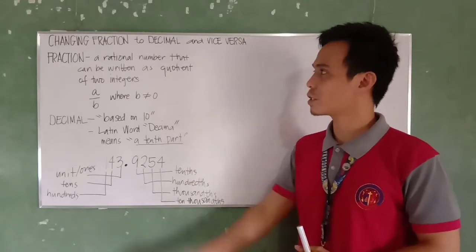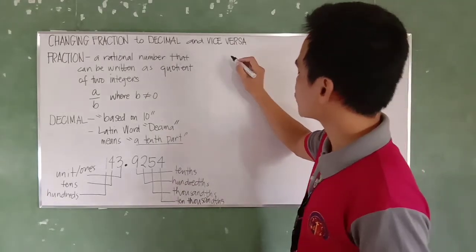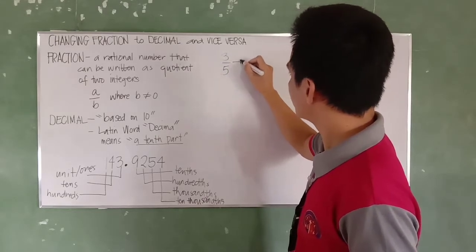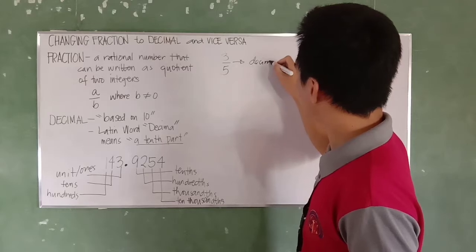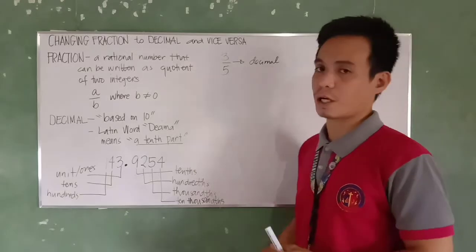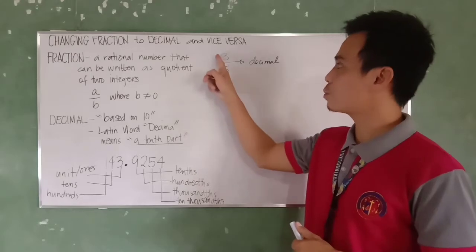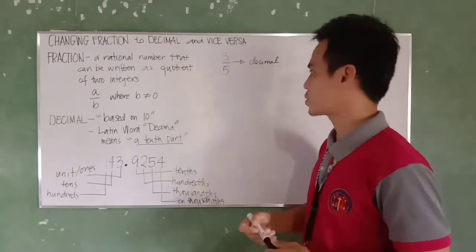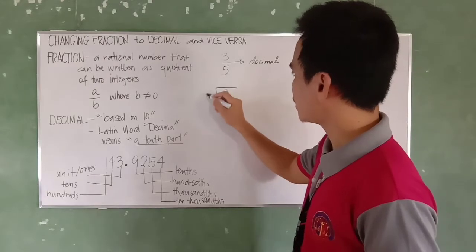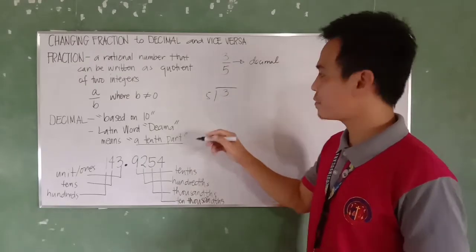Now let's go changing fraction to decimal. So I have here fraction, 3 over 5, to decimal. So, how do we change fraction to decimal? So, yung gagawin lang natin, guys, is to simply divide the numerator by the denominator. So, gagawin natin just divide. This is 3 divided by 5. So, since 3 cannot be divided by 5,